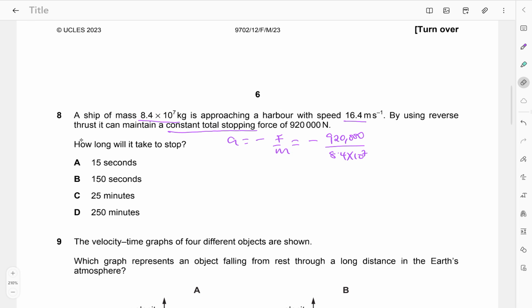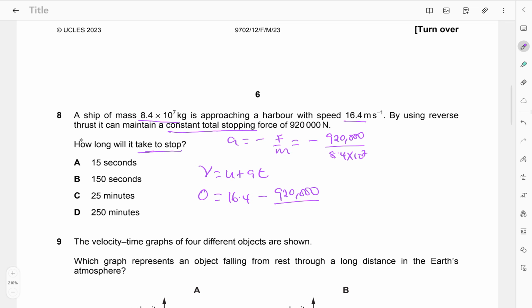I'll substitute it directly. So how long will it take to stop? I'll use just an equation of motion because acceleration is constant since the force was constant. So I'll use v is equal to u plus at. A ship is approaching a harbor with that speed. By using reverse thrust, it can maintain a constant total stopping force. How long does it take to stop? So it means final velocity is zero. So I'll say zero is equal to the initial velocity, which is 16.4. Where there is acceleration, I'll put negative